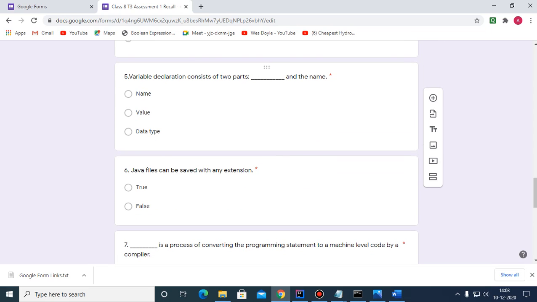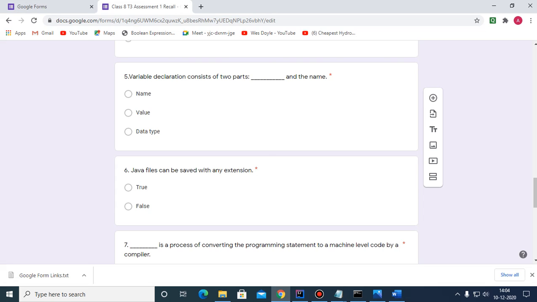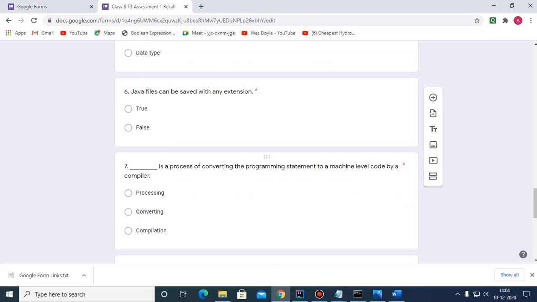So the question is variable declaration consists of two parts. So children, whenever you declare any variable, there are two parts which are involved, the data type and the name of the variable. So for example, here you can see that I have declared this variable n. So first of all, I need to mention the data type. This is the data type and this is the name of the variable. So the answer here will be data type. Now,